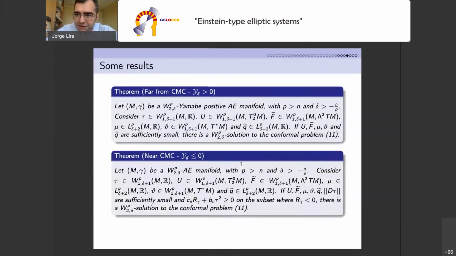One of the possible settings to do that is to consider initial Riemannian manifolds whose metric gamma is positive, I mean, the Yamabe invariant of this initial metric gamma in this initial manifold M is positive. This is one of the contexts. So to consider that the Yamabe invariant of the initial metric is positive, in that case, you can assume for